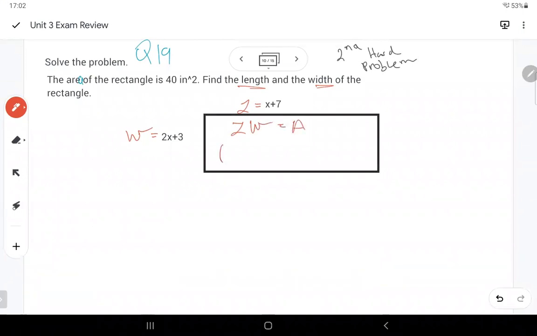So again, area, so then that'll be x plus 7 times 2x plus 3 equal to 40. And then eventually we'll move the 40 over. So remember we want to do first, outer,